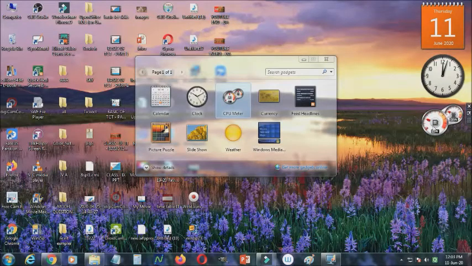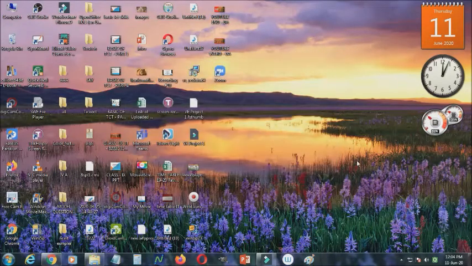So these are all ways we can easily find out the usage of your RAM and the CPU. These are all available in the gadget option. Next, changing date and time. Here you can see the gadget shows Thursday 11 June 2020 and the time is now 12:05.